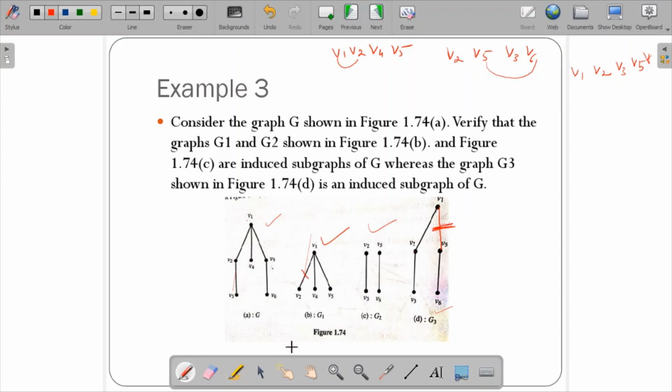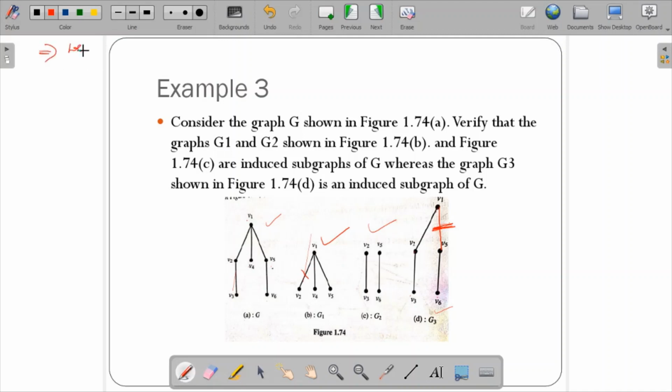So for this, let us write the theoretical statements. So I hope it's clear. Whatever edges are there for these vertices in this particular graph, the same edges should be there in this particular graph too, but it is not an induced subgraph only because the edge is missing between v1 and v5. So this is the explanation of the graph. So let us write the statements over here.